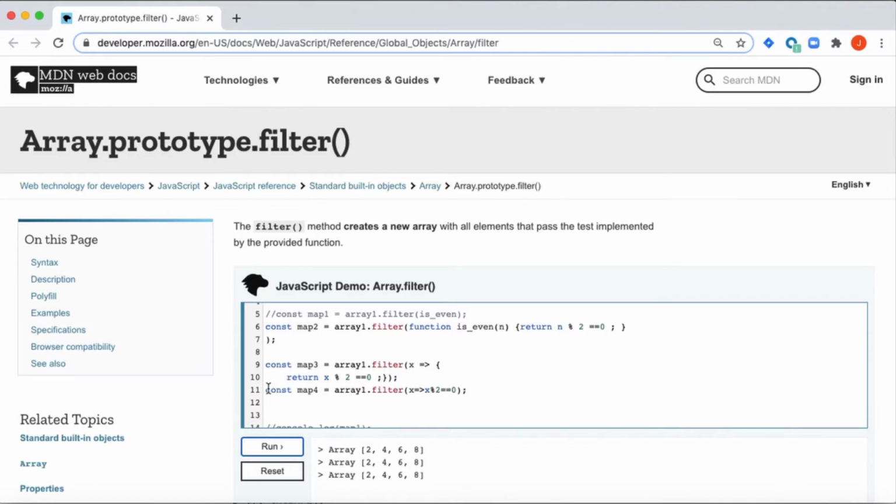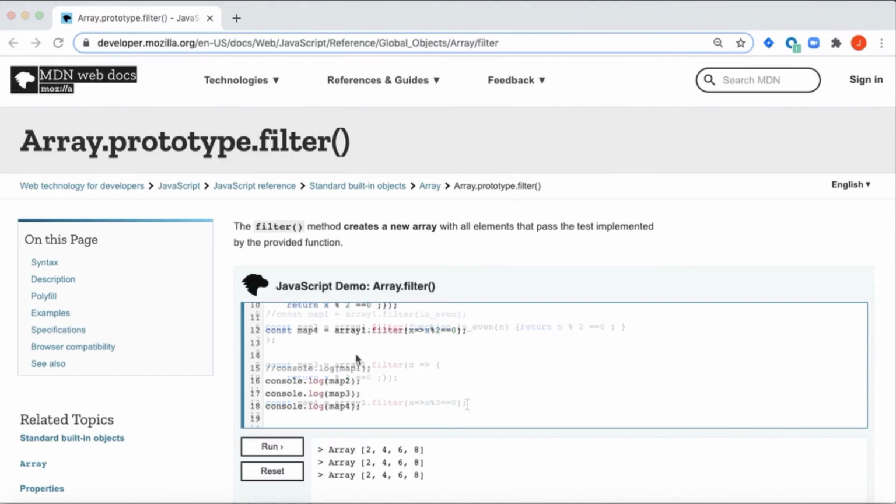As you can see, map 4 way is much more concise than where we had started out with. So the point is to get rid of additional stuff wherever it's not required, so that finally you are just left with the essence or logic of what you are trying to do. What I'm trying to do is filter the elements of the array so that I am just left with those that are even. So the modulo 2 represents the even, and the filter represents the filter,